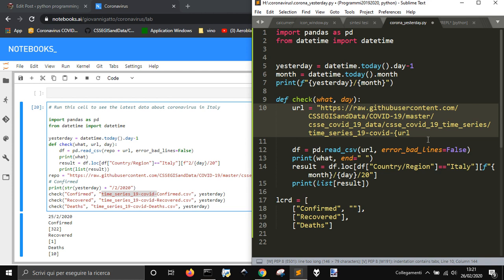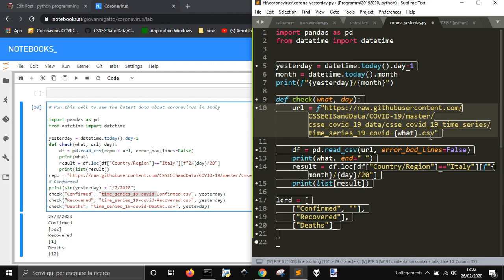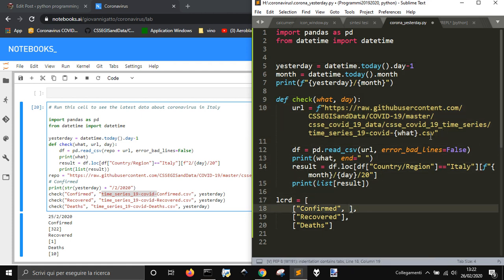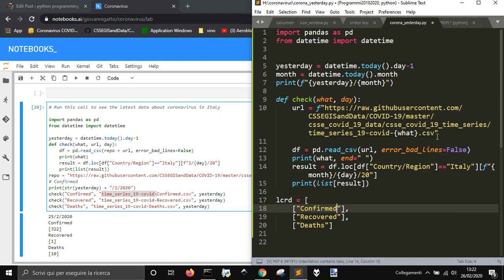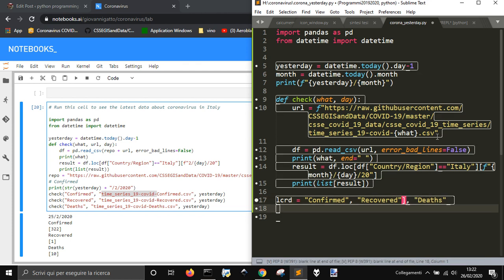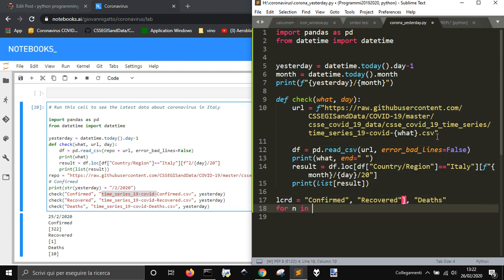I'm going to simplify here. Comma separated value. Okay, I'm going to leave it this way, and then the day will be always yesterday, so we don't need this. I don't need this. I don't need this. And so I'm just going for n in range